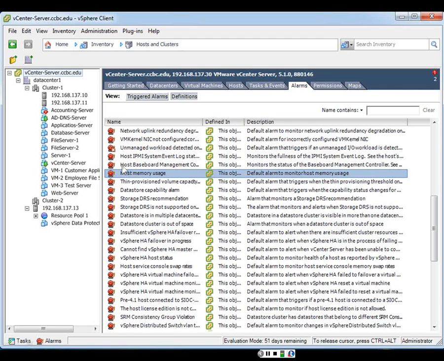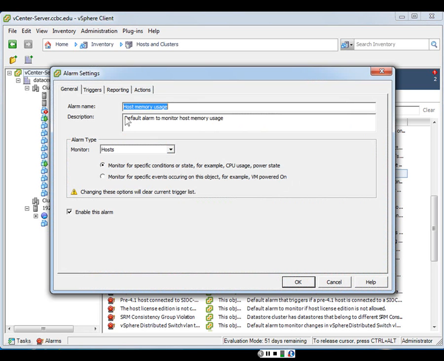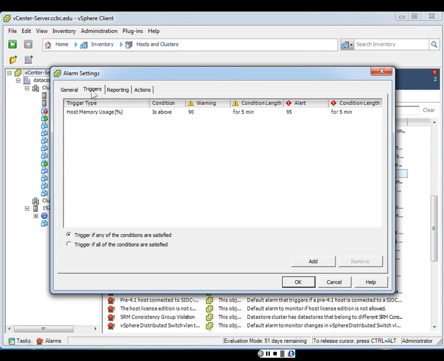Here's another example. Host memory utilization. This is the default alarm to monitor host memory usage. There are multiple built-in alarms. Let's take a look at the host memory utilization alarm. If we click on Edit Settings, we can see the name of the alarm is host memory usage, and this alarm currently is enabled. If we look at triggers, we can see